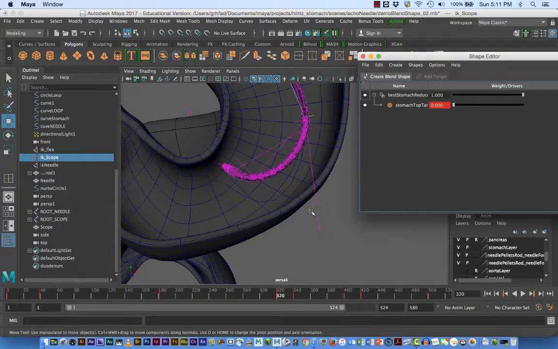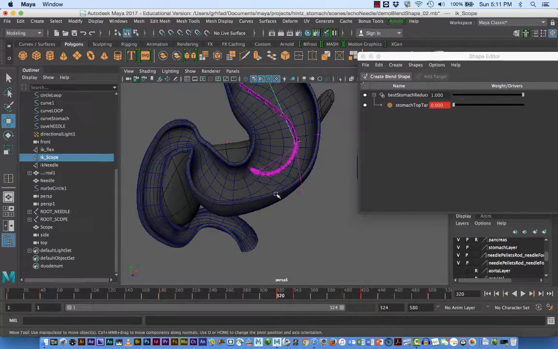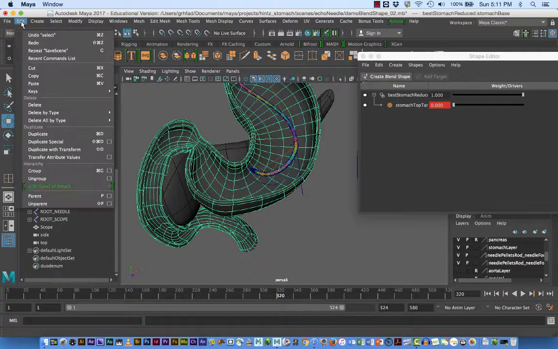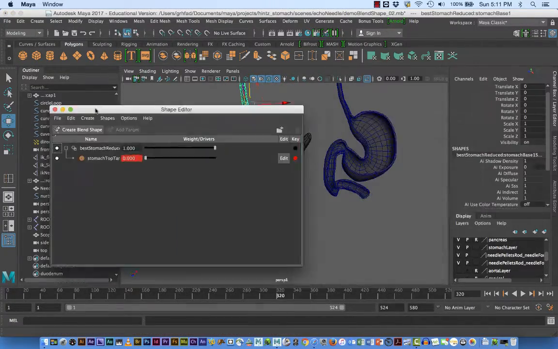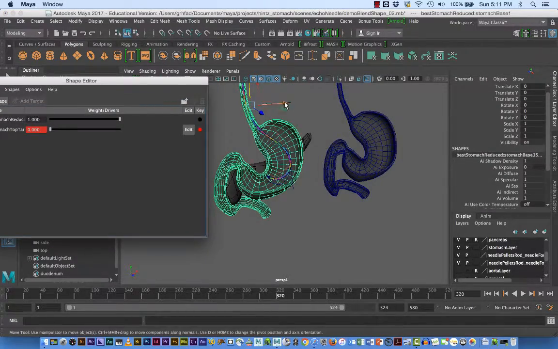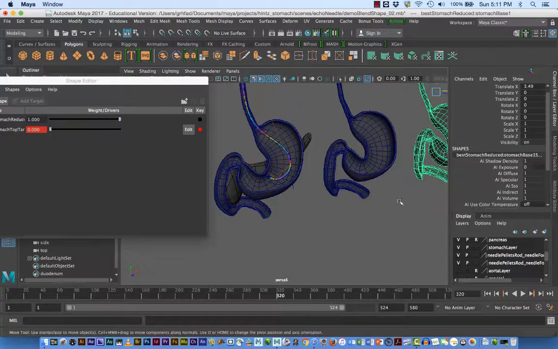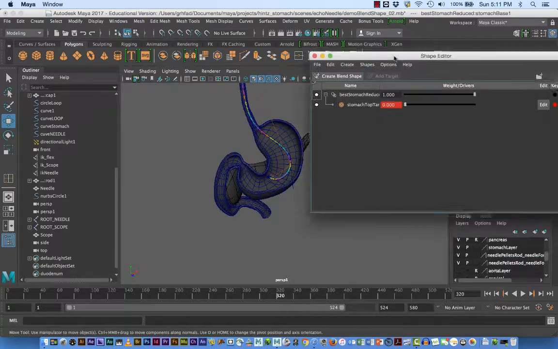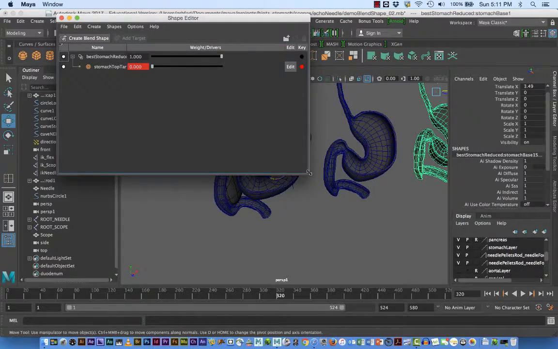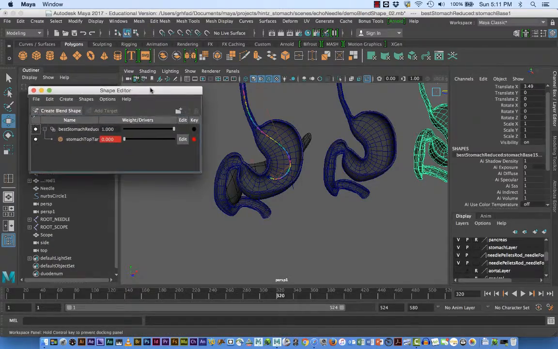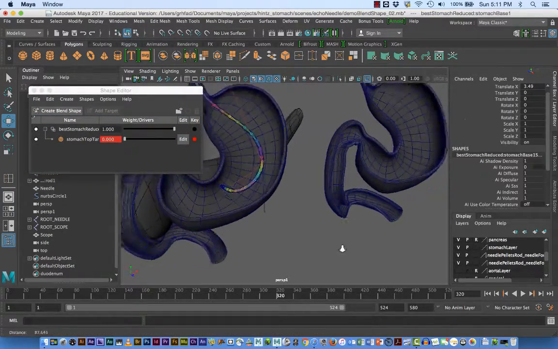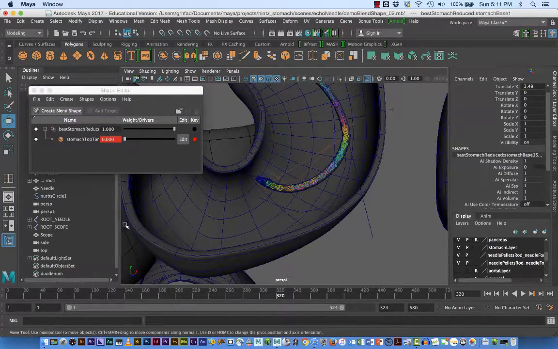Okay, so that's where we were. I'm going to take the stomach again, and I'm going to duplicate it again, and move that duplicate just a little bit to the right of the other. All right, now it's kind of hard to keep everything here so you can see it all at once. See if I can manage to do it like this. Okay, so let's get the